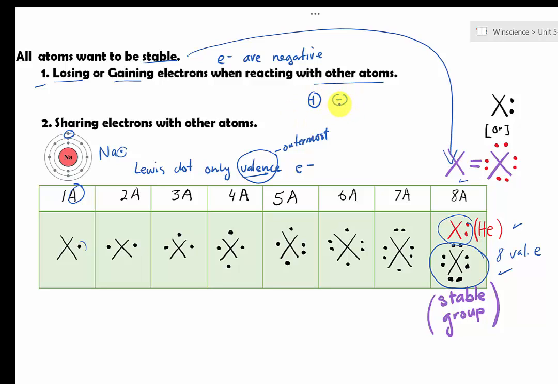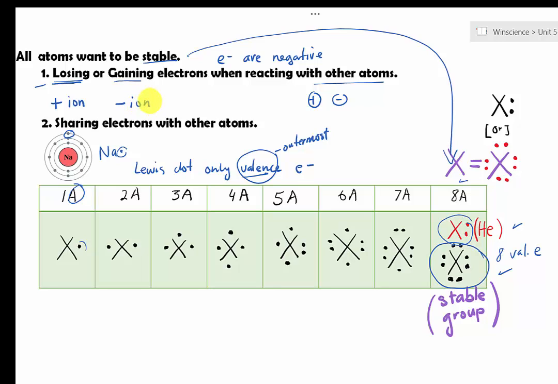So if you lose your electron, your positive charge is still there, so you become more positive. In this case, when you lose electrons, you are becoming a positive ion. Whereas when you gain electrons, you are gaining the negative. Remember, electrons are negative. It will become a negative